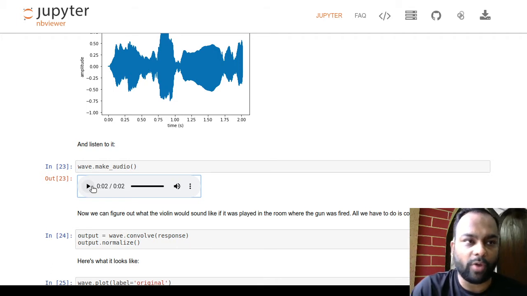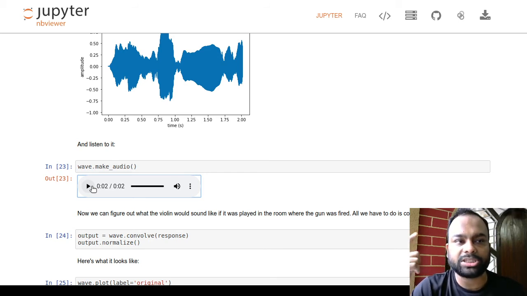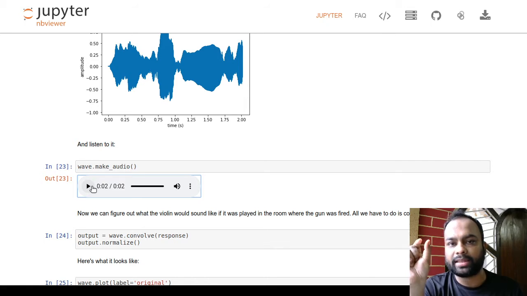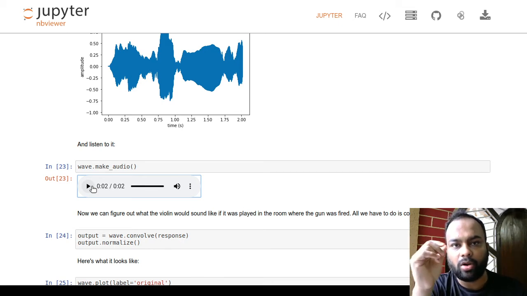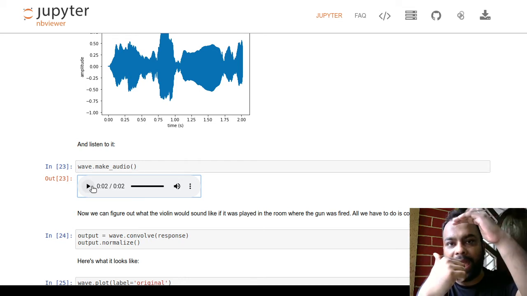So again, to give you a hint, what is an impulse input? An impulse input is a sharp, loud input, for example, in sound related terminology. An impulse input would be a signal or a sound that lives for a very small amount of time, but it's pretty loud for that particular small amount of time. That would appear to be an impulse input for that particular system, right? As far as audio is concerned, an impulse input would be a very short-lived sound, but with a very loud bang, for example.